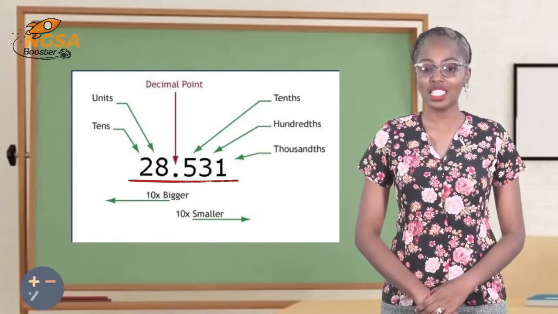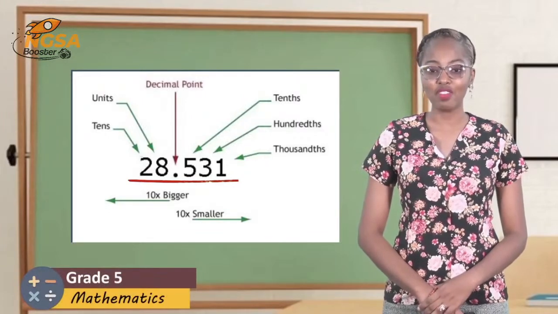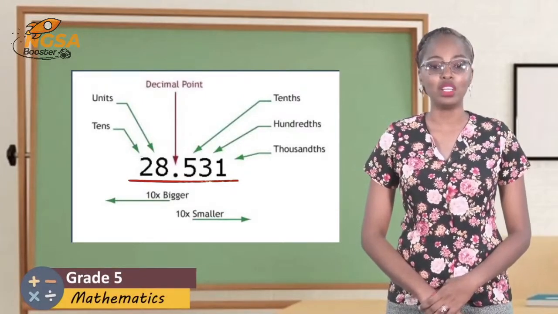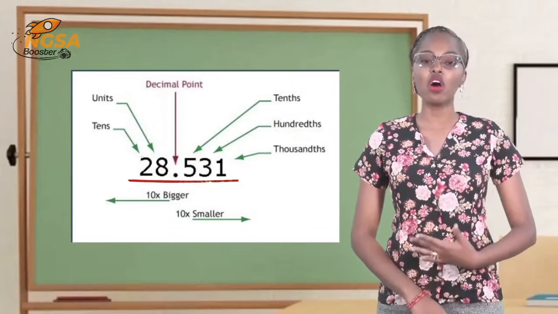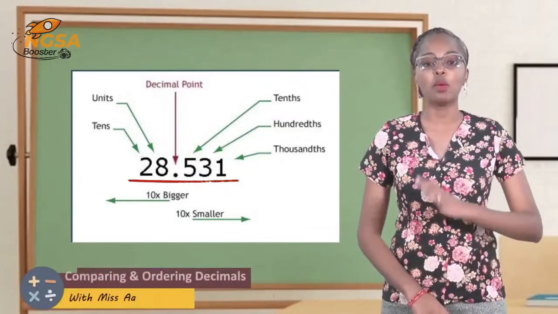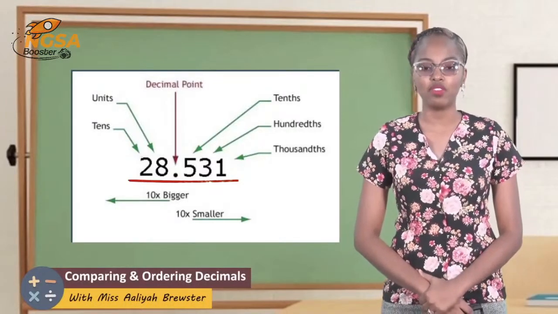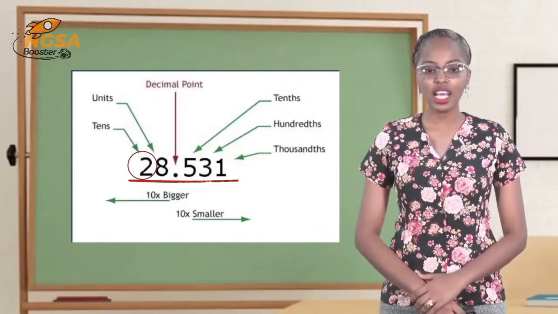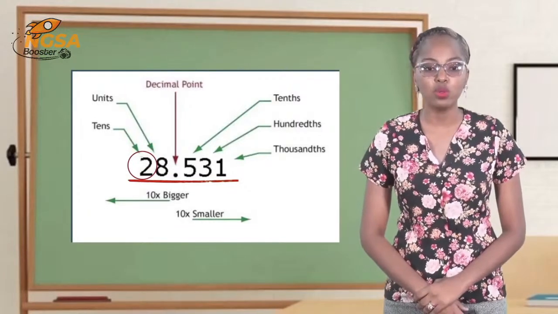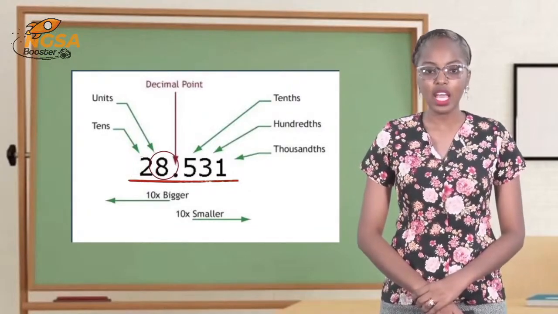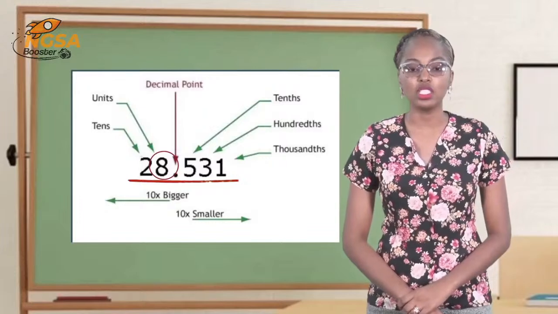28.531. We do not say 28.531. That would be incorrect. So whenever you're calling the numbers after a point, you call them individually. So the number again is 28.531. In that number, you would see that the numeral 2 represents tens and the numeral 8 represents the units